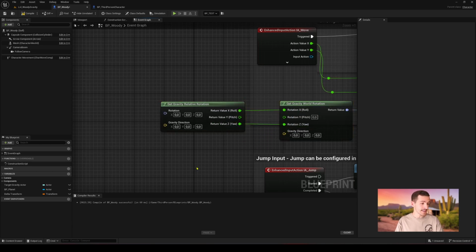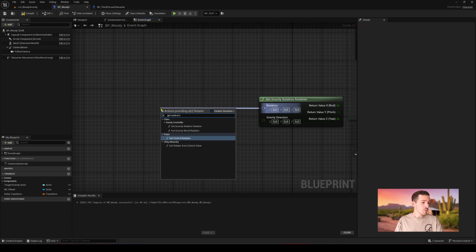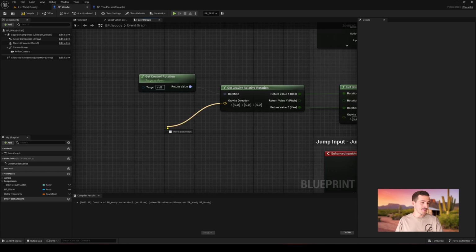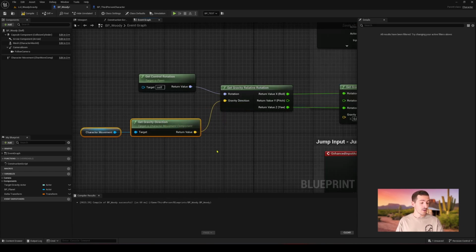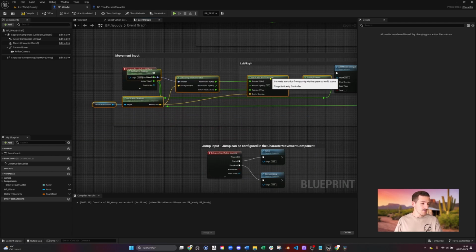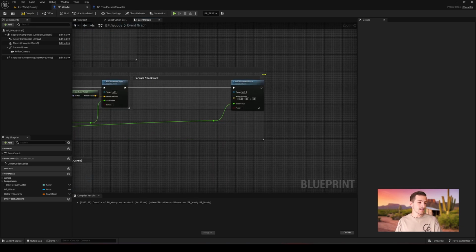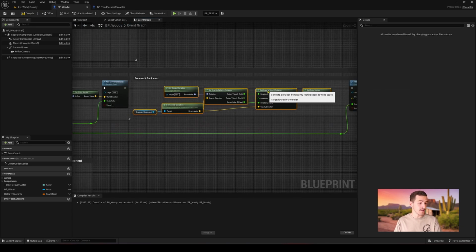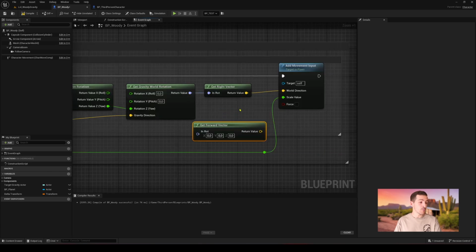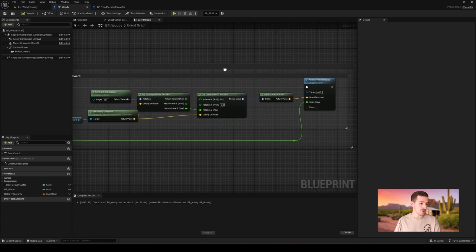Connect the values on X and Z only here, which are the two main manipulation axes. From the rotation inputs, find the getControl rotation of the pawn. From the gravity direction inputs, call the getGravity direction of the character movement component. Don't forget to connect the latter to the gravity direction input of the gravity world rotation function too. We'll reproduce almost the same logic for the forward-backward part here. I'll leave you with the visual, just think that it's necessary to specify only the value on Z between getGravity relative and world rotation. Last configuration step for our character is modifying its animation blueprint.